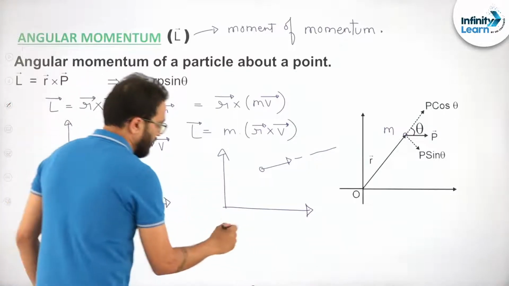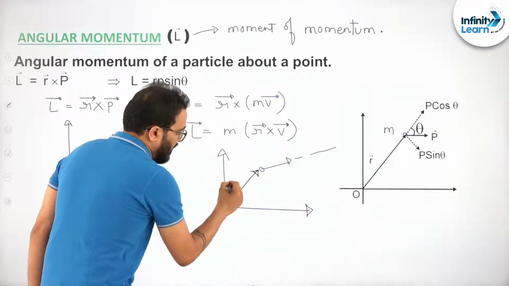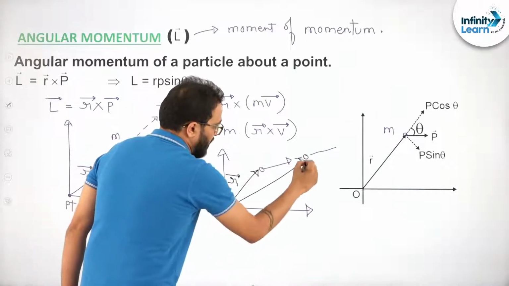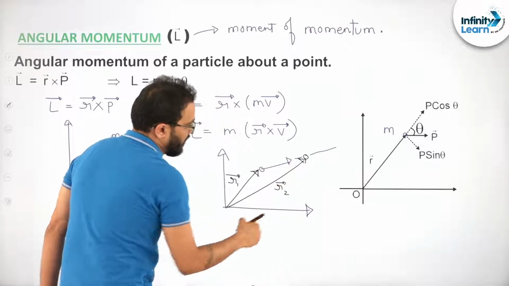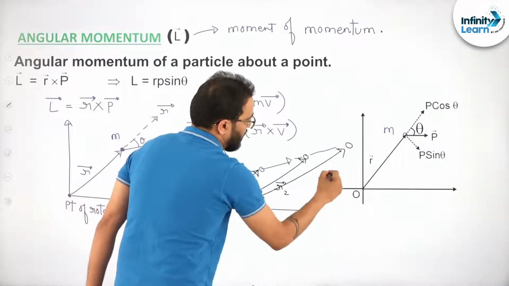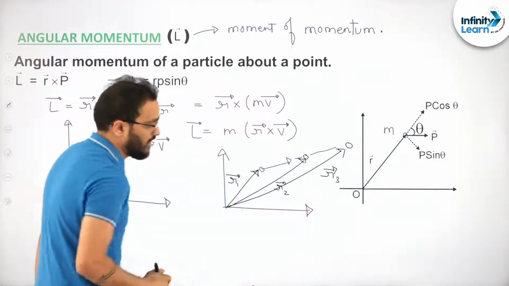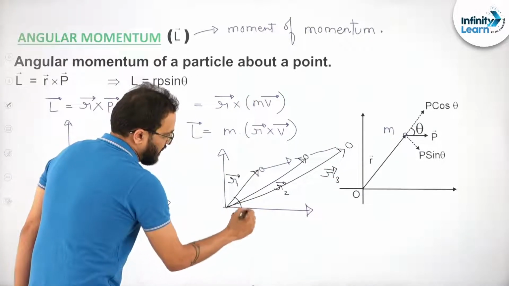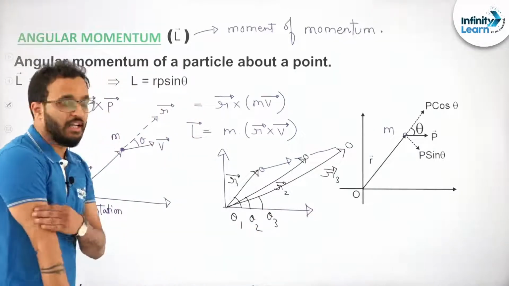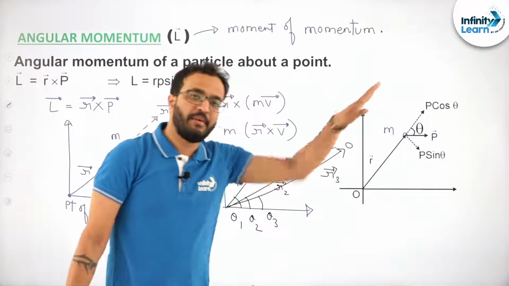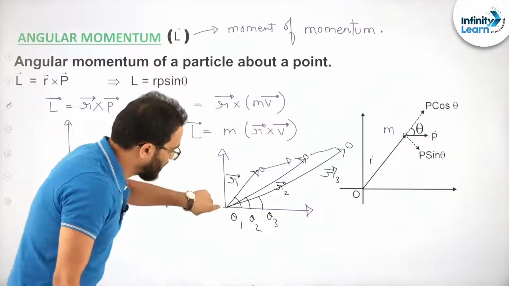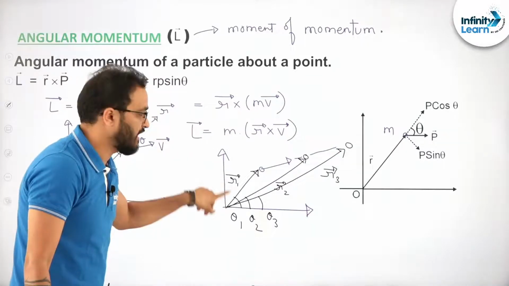ये आप logical है. जैसे आपने बोला कि सर ये पोजीशन वेक्टर है अभी, अब पार्टिकल इधर पहुंच गया, ये हो गया उसका दूसरा पोजीशन वेक्टर. पार्टिकल जैसे आगे बढ़ रहा है, आप देखो उसके पोजीशन वेक्टर बदलते जा रहे हैं. तो पहले एंगल थीटा 1 था, अब एंगल थीटा 2 हो गया, अब एंगल थीटा 3 हो गया. Can you see that? Though the particle is performing a straight line motion, a rectilinear motion, about this particular point and this particular axis I can say,